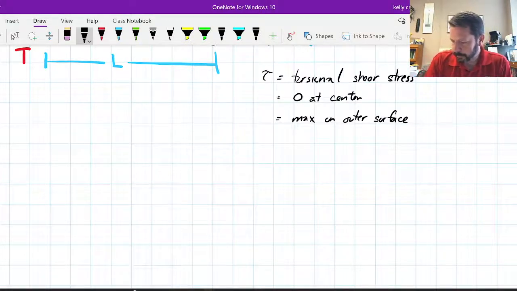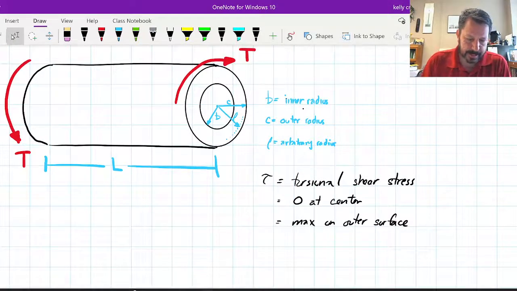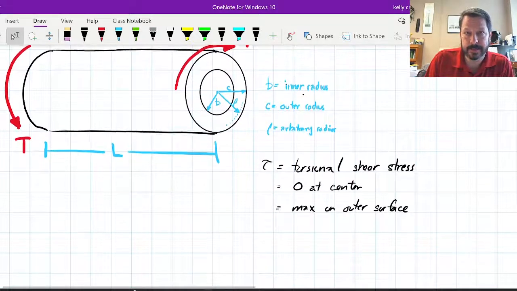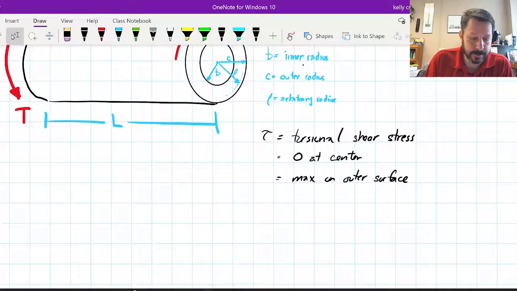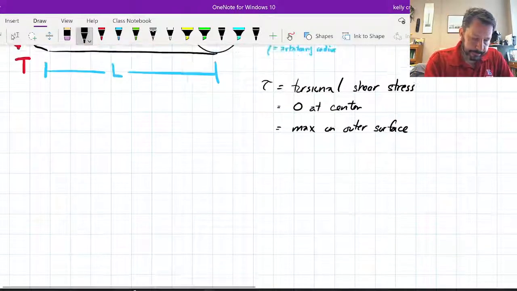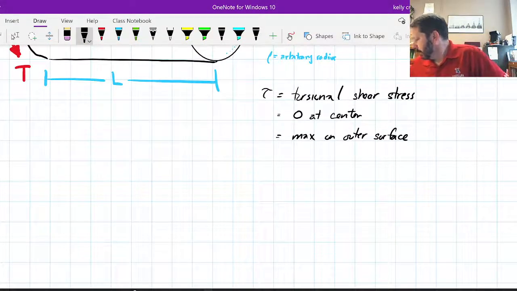All right. So we already know, based on the diagram we're working off of, which is basically just T, rho, and this idea of inner radius and outer radius. It is possible the inner radius B is 0, so it's a solid shaft. I just keep it in there as a variable because it's not necessarily true that it's always a solid shaft. It could be hollow. Then we have, let's see